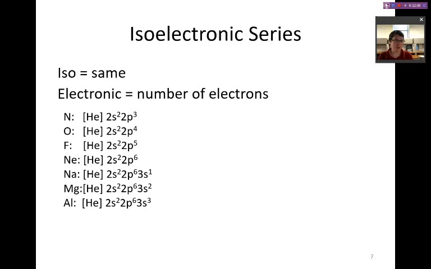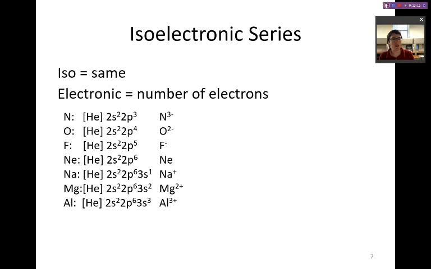Notice that they all have the same initial core of helium, and then we have differing numbers of electrons in the subsequent subshells. If we take these neutral elements and we look at the most common ion forms of these,